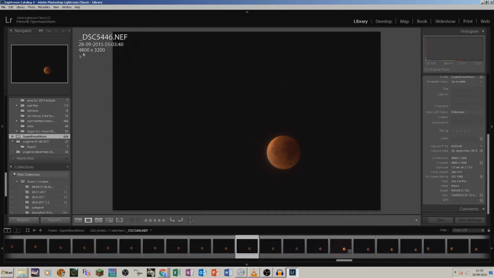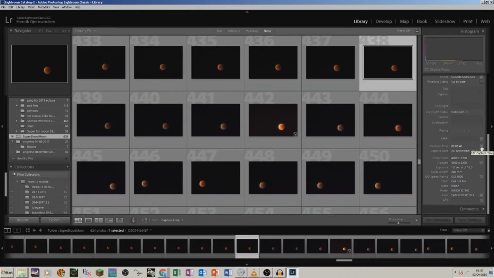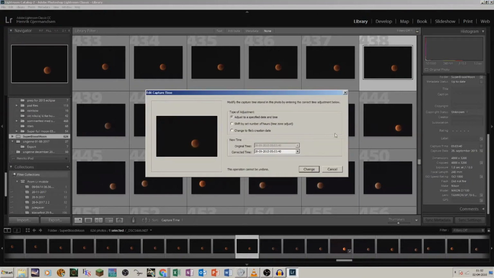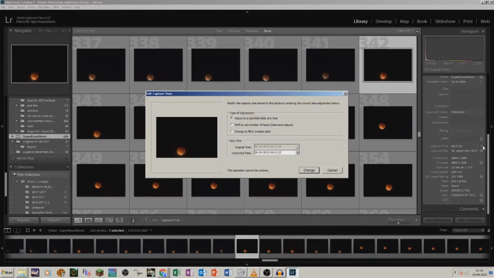And as you can see here as well, it was shot at 5:03 AM. And just to be sure, let's just press this button, edit capture time, because you can actually edit your capture time. But unfortunately for Riley, the original time I cannot change, and that was at 5:03 AM. And let's just check the other one, just to be sure. Here. I actually haven't edited any of the original capture times. So it looks like, Riley, you were wrong.